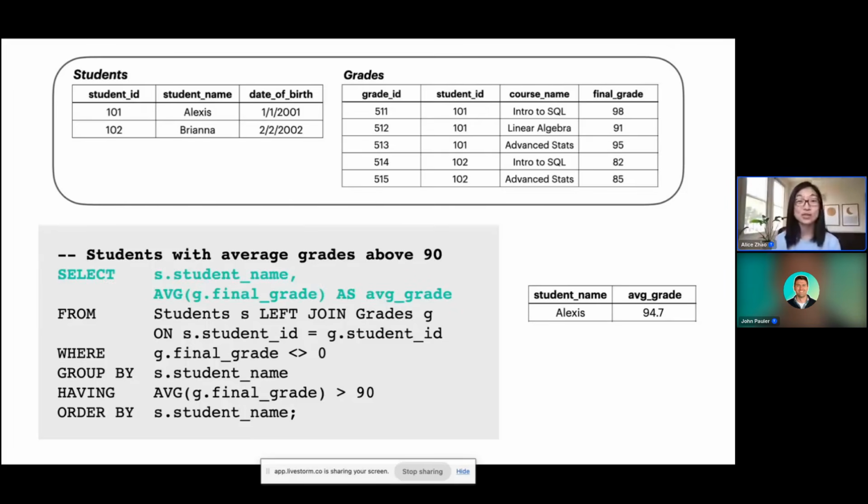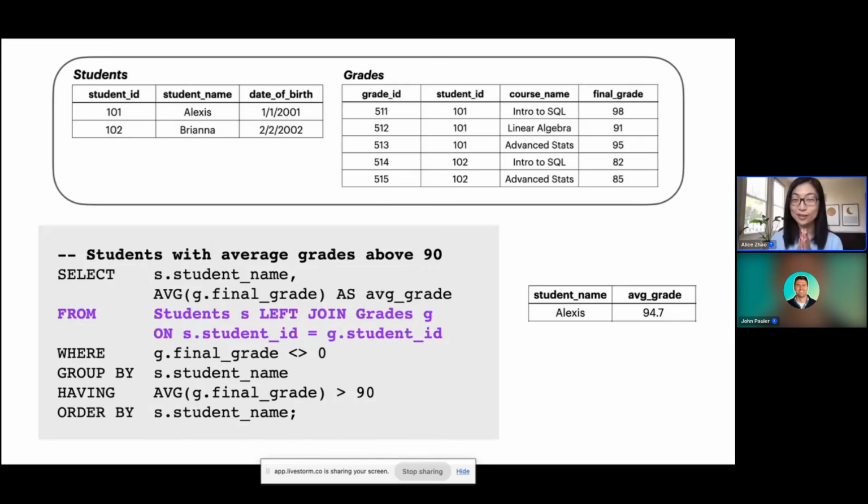With our select, we're saying return the student name and then return the average final grade and call it average grade. You can see here, select is what columns you want to display. And then from, that's where you want to get the information from. In this case, we're getting it from the students table and the grades table.